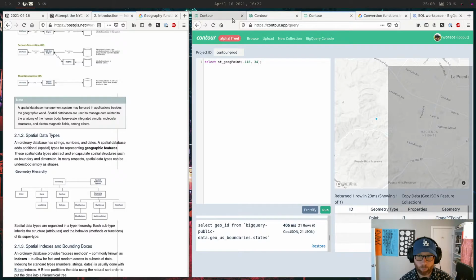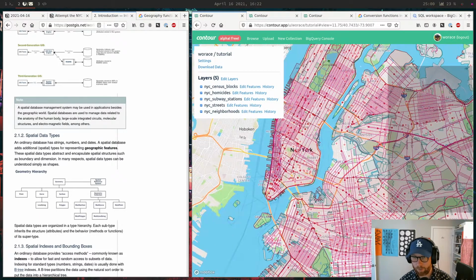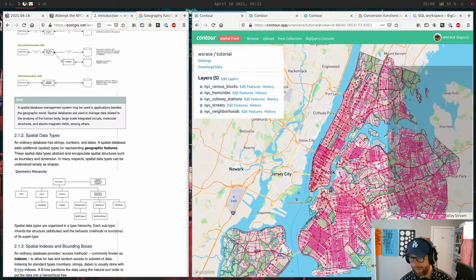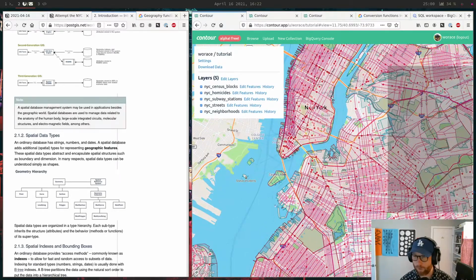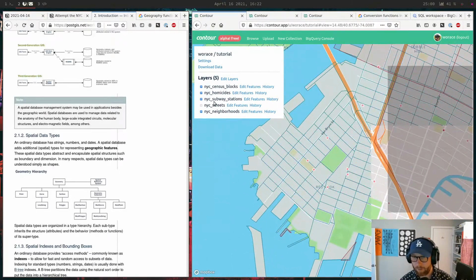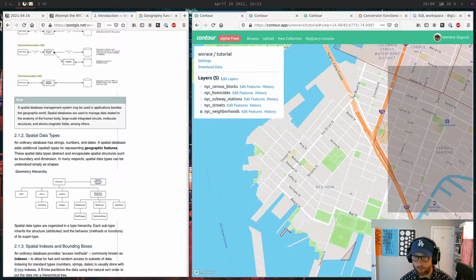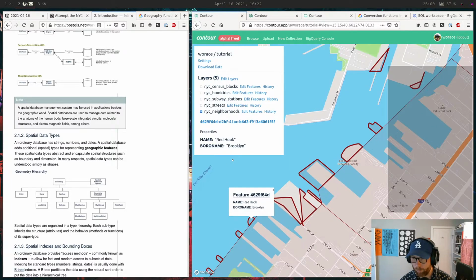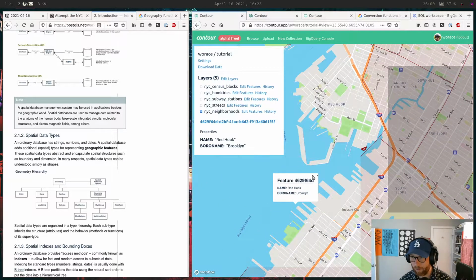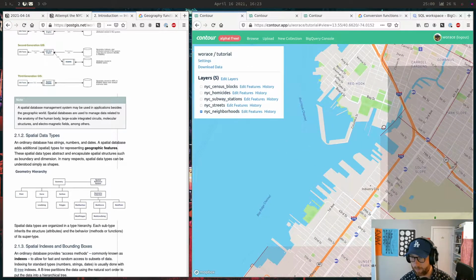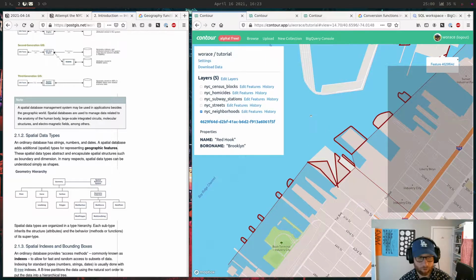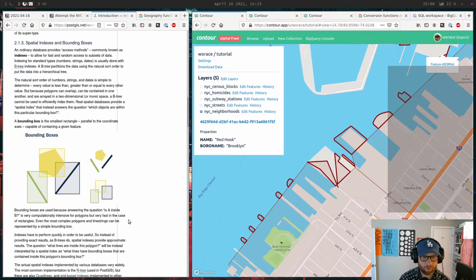Cool. So what we have is Contour will let you load it into a map, into a data set that you can share and visualize and edit. I was doing this earlier and finding some cases of bad data. Some of the neighborhood polygons are kind of screwy, like this weird polygon in Brooklyn, where the neighborhood polygon for Red Hook is this weird chopped up thing along the waterfront. Anyway, you can edit, that's cool, and now we can sync over into BigQuery, which is cool.